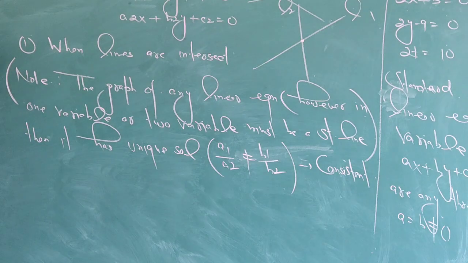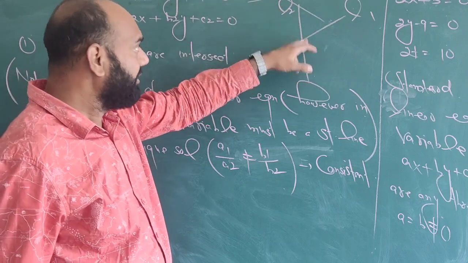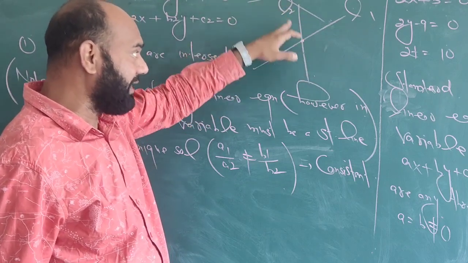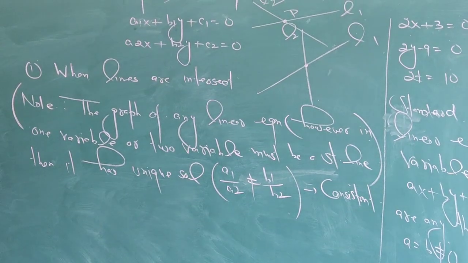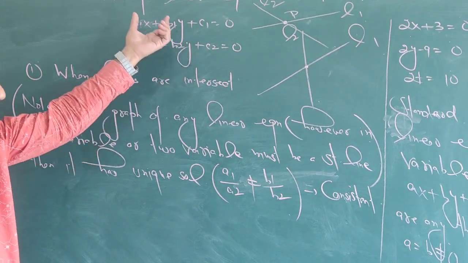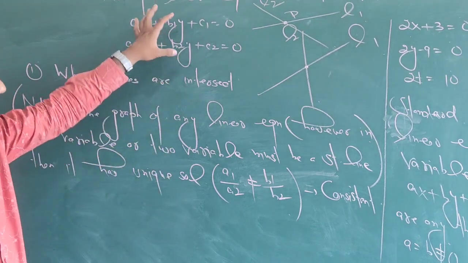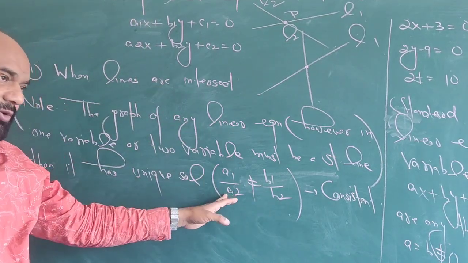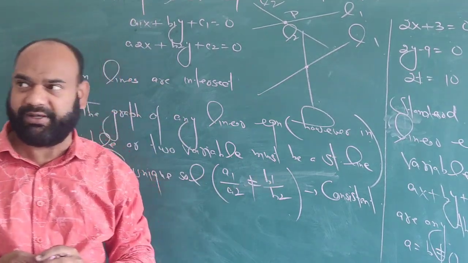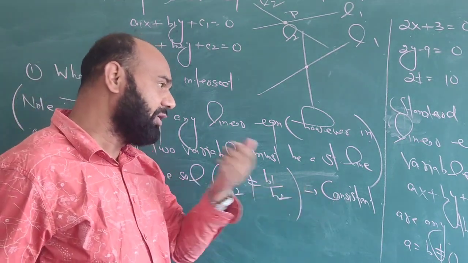So we revise this condition again. When the lines intersect, we see graphically by various conditions that they always intersect at one point. So we can say that when the lines intersect, they intersect at only one point. So the system of given equations has a unique solution, and here the ratio of the first two terms is never equal, meaning A1 upon A2 is never equal to B1 upon B2. And in the condition of the unique solution, it is said to be consistent.